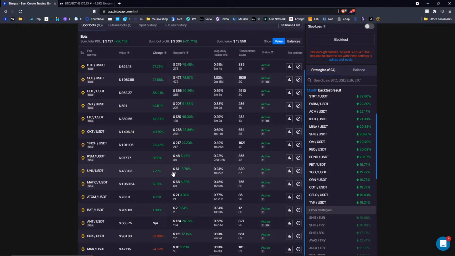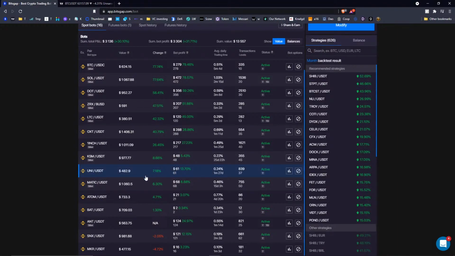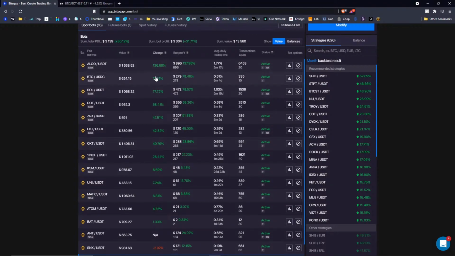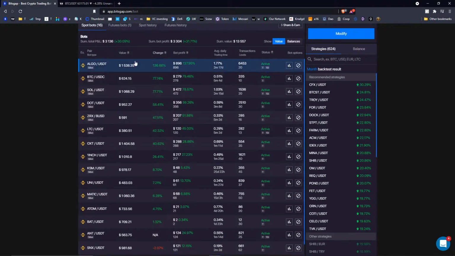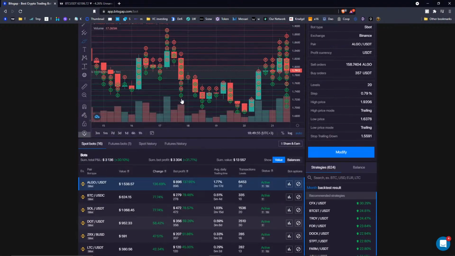And it can be the case that one bot can generate more returns than the other ones, and some bots are in a loss, like I have for SNX and MKR, they are in a loss. That pretty much means that those bots that I have in profit offset the negative return of my SNX and MKR as of now. So it really makes sense to diversify with different bots, trading on different coins, using different strategies.